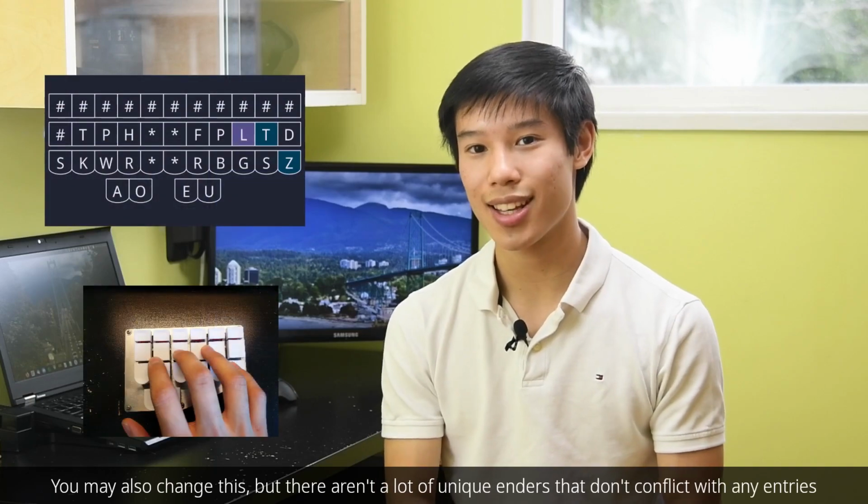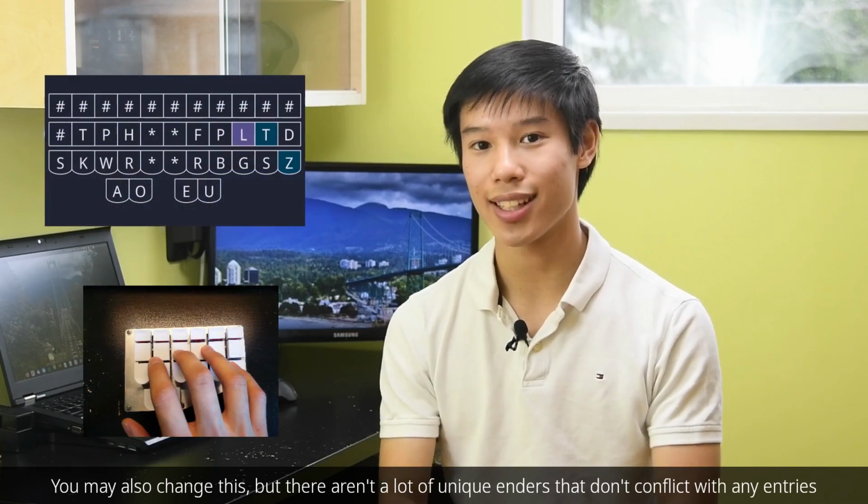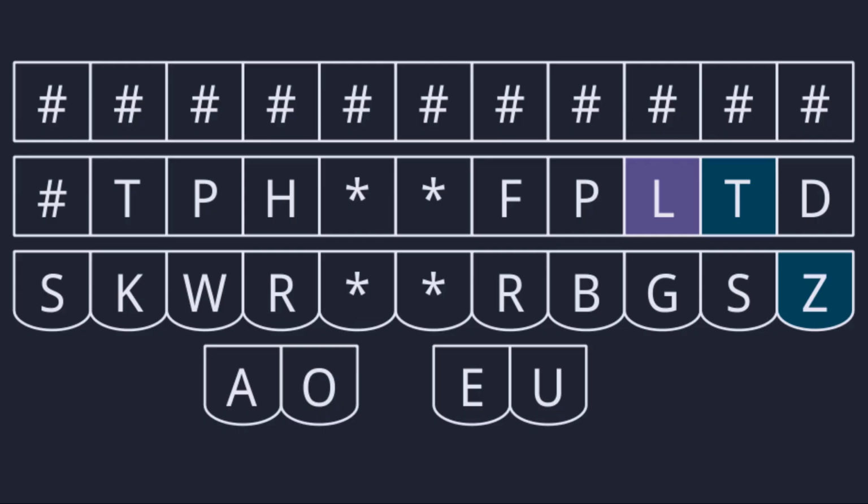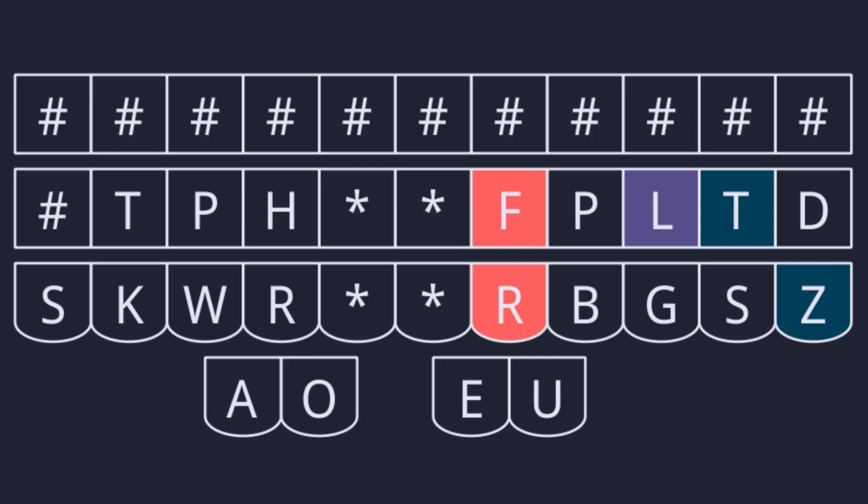Keyboard shortcuts, on the other hand, are just as clever in her modifiers dictionary. It uses a unique ender LTZ with the right pinky on Z and ring finger between L and T. The right index is responsible for the modifiers used. F is Control, R is Shift, P is Super, or the Windows key, and B is Alt. If I wanted a keyboard shortcut with Shift and Control, I press down FR LTZ on the right hand.